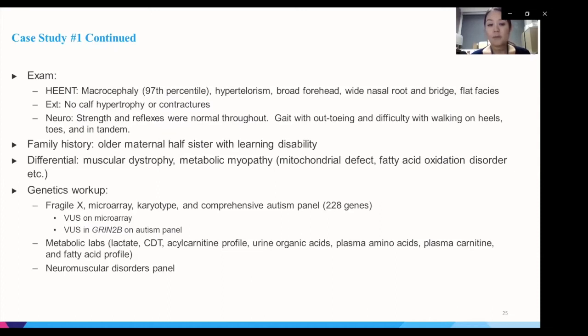And that workup was non-diagnostic. We did find a variant of uncertain significance in a gene associated with developmental delay and autism, but it ended up being maternally inherited and was ultimately determined that it was not contributory to his phenotype. So finally, after this initial go around, we decided to order a neuromuscular disorders panel,